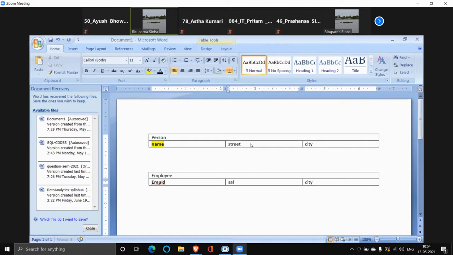And salary, another salary. Suppose I have, what else? I have department. And I will create another table, which will be customer.